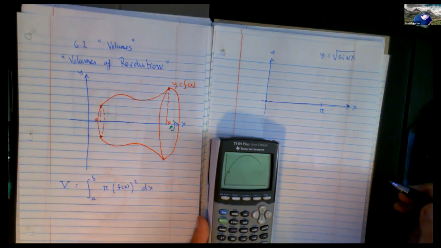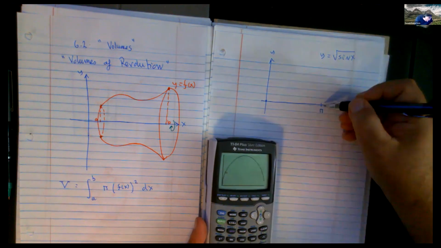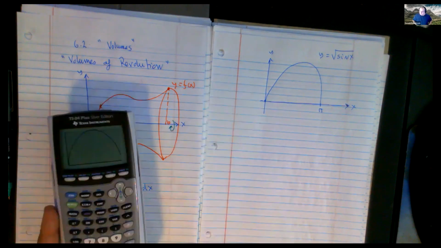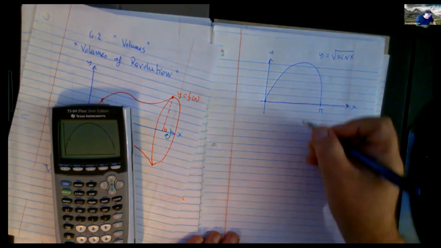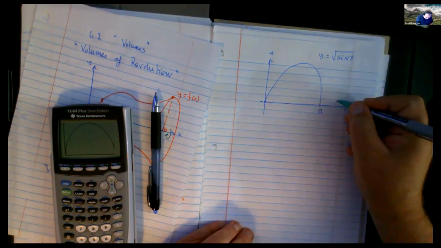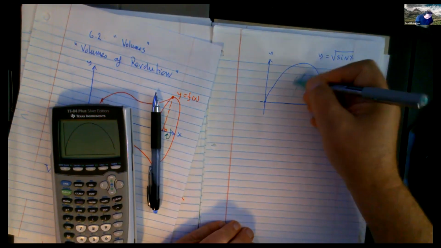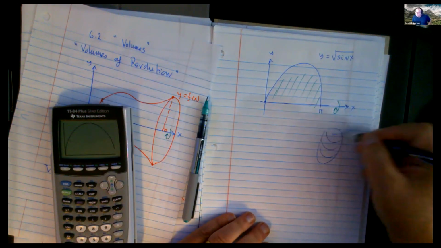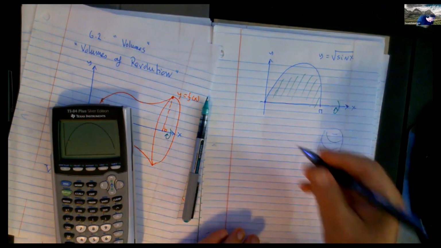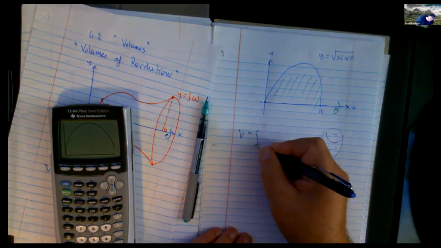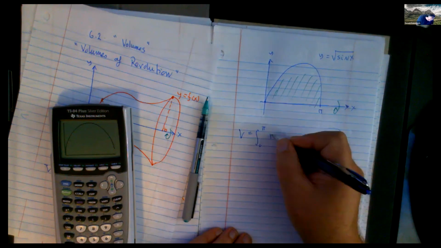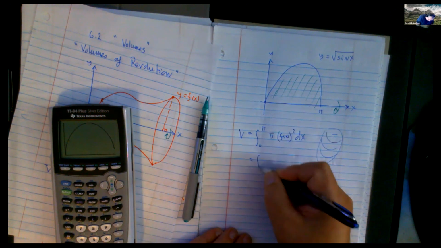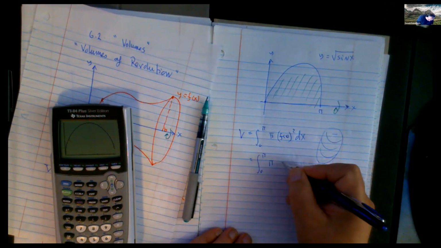Oh, it's pretty boring. Kind of looks like that, doesn't it? I want to find the volume of this shape when you rotate it about the x-axis. So if I did rotate it about the x-axis, wouldn't it look a bit like an egg? Its volume then is the integral from 0 to pi of pi times f of x squared. And that's going to be the integral from 0 to pi of pi, the square root of sine x squared,